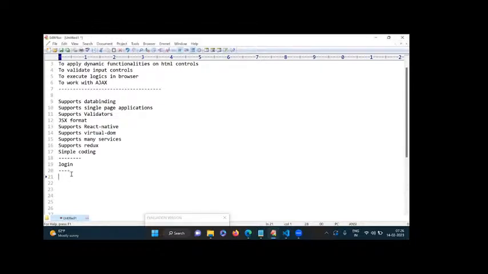As a UI developer, we are working with client side scripts. Now, if we take the example of a login form, where we are using React JS, first of all we have to design the login page. So in a login form, what are the steps involved? I am writing here. First, design the login page. Next, implement